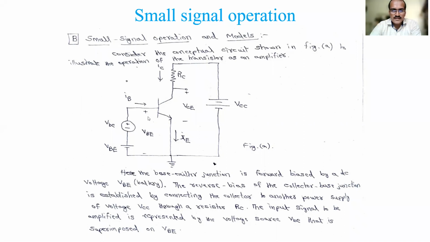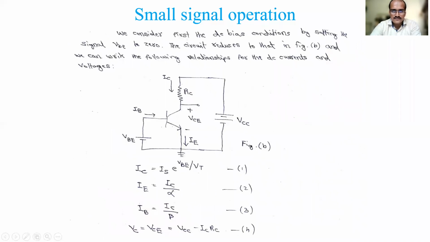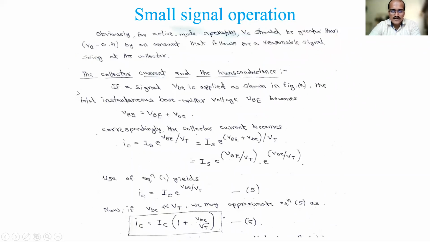Similarly it holds good for voltage also, like VBE, similarly VCE. That is what you have to understand first. Then we explained this circuit. First we are doing the DC biasing, so we remove any AC components, and everything is capital in DC analysis. That's what we have done in BJT analysis, and its important equations are listed down. Then we started off with each of the currents and their associated parameters.